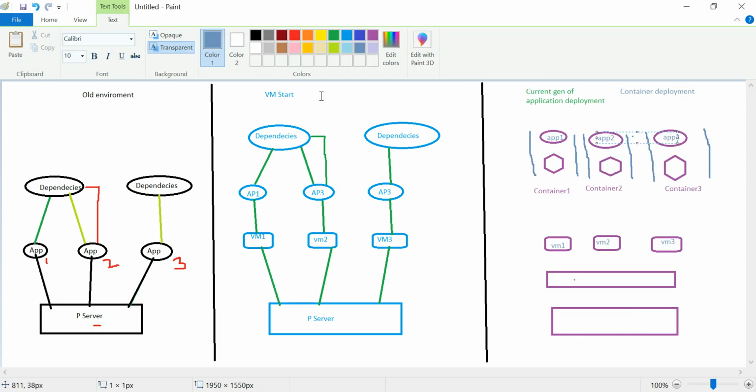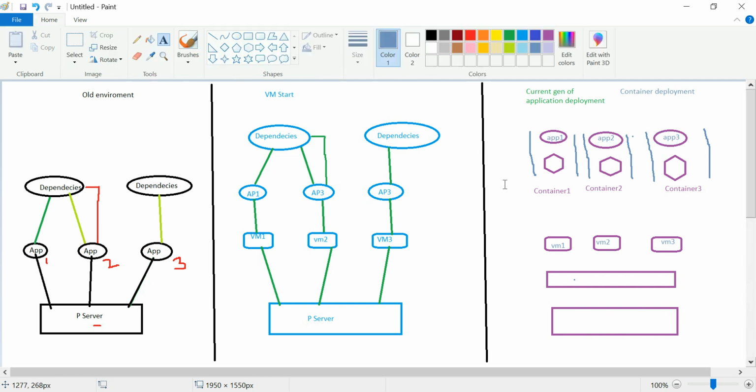So now we are in the current generation of application deployment, that is called container deployment. Container is basically a combination of OS, library, and application.